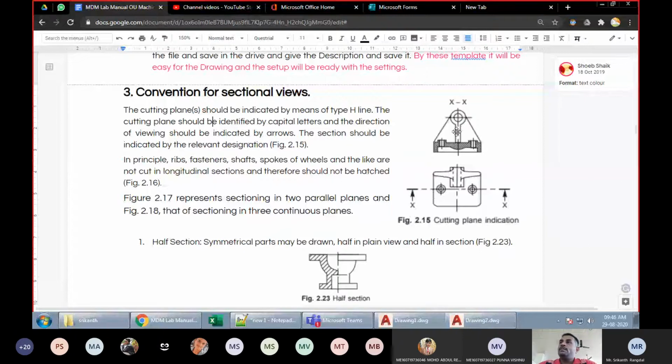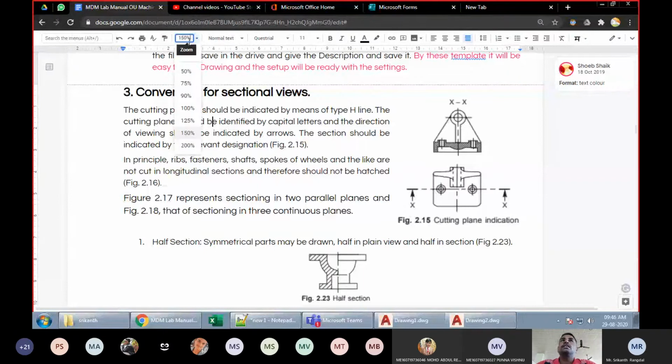First up, we should be able to draw the front view and the top view. And then we have to draw the line showing the section in one of the views. In this particular case, our section plane is vertical, and hence in the top view we can see that section plane as a straight line. So XX, the cutting plane, is the section plane, and when we cut this object along the XX plane, this is how the sectional view appears.